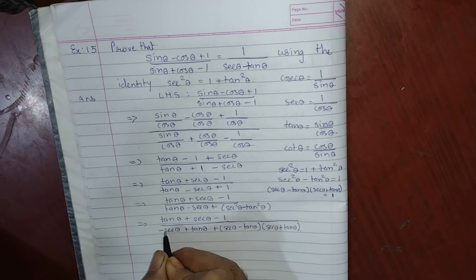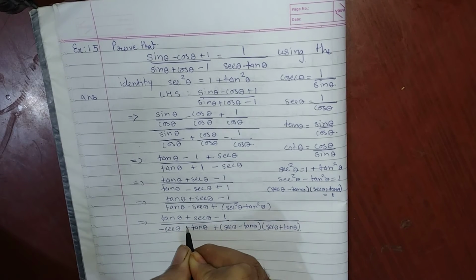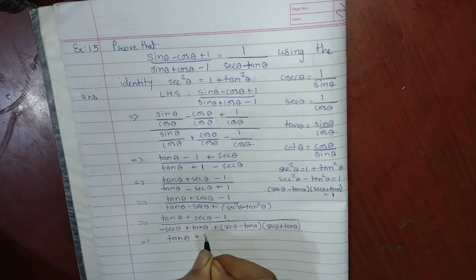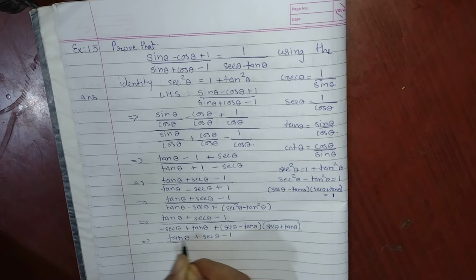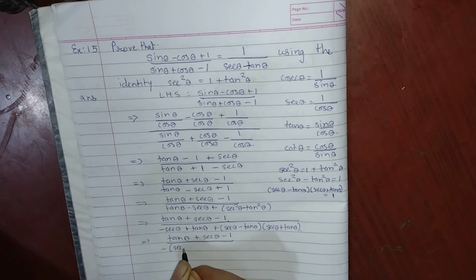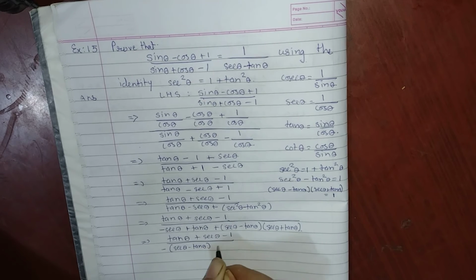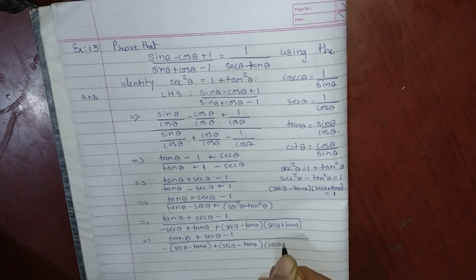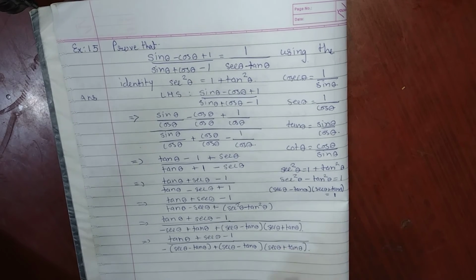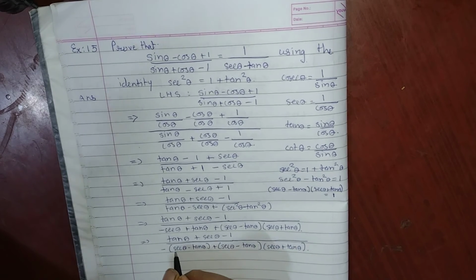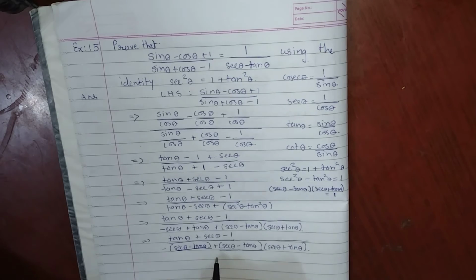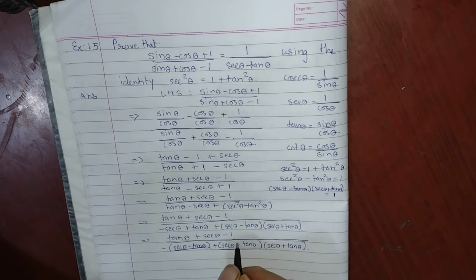Now we can see here it is minus sec theta plus tan theta, and plus sec theta minus tan theta into sec theta plus tan theta. So we will take out a minus common, so in the middle we get a minus sign. As usual, in the numerator we write tan theta plus sec theta minus 1, upon, minus is common, sec theta minus tan theta plus, here again sec theta minus tan theta, and in the second bracket sec theta plus tan theta. Now from here we can see this sec theta minus tan theta is common, from the first term and the second term, since there is a plus sign in between, so we will take this common out.